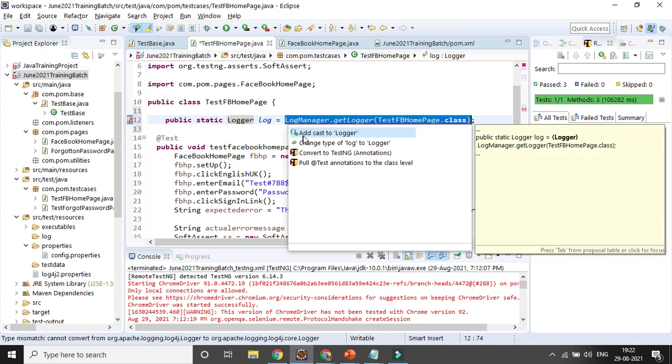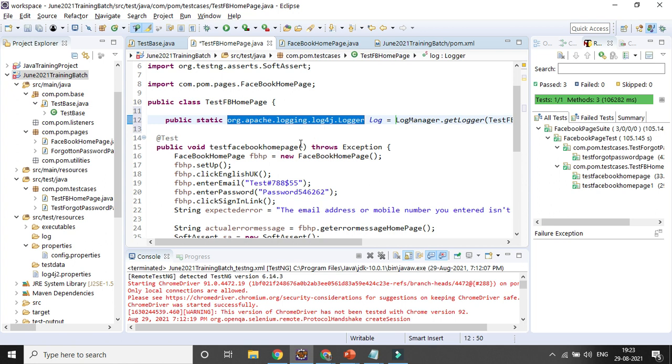Public static Logger log equals LogManager dot getLogger, test class.